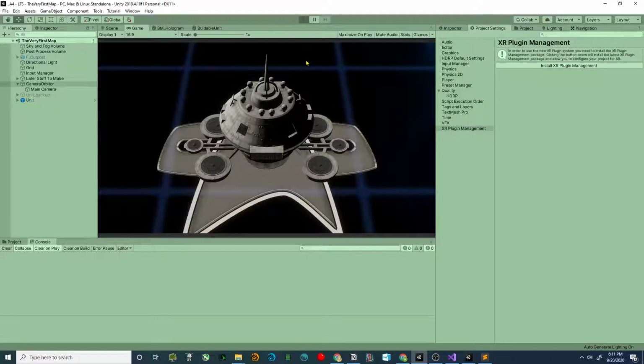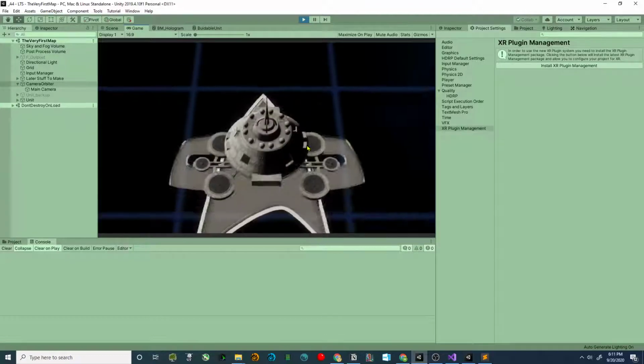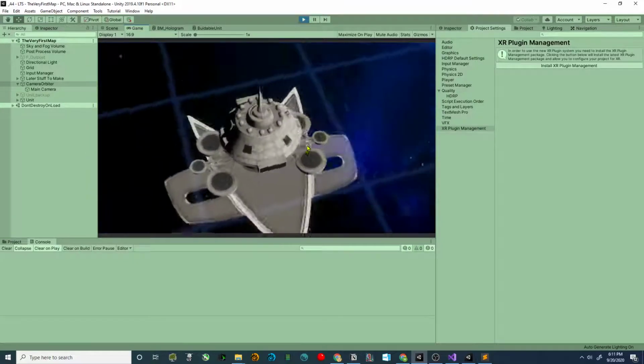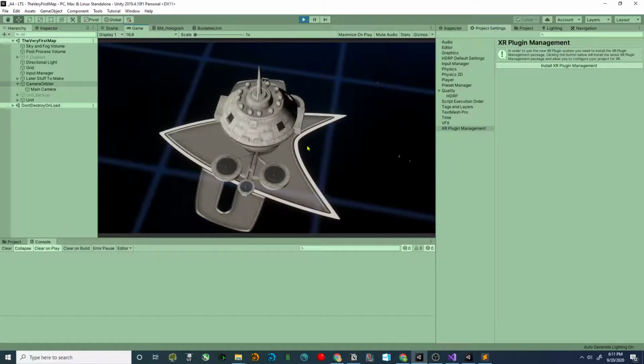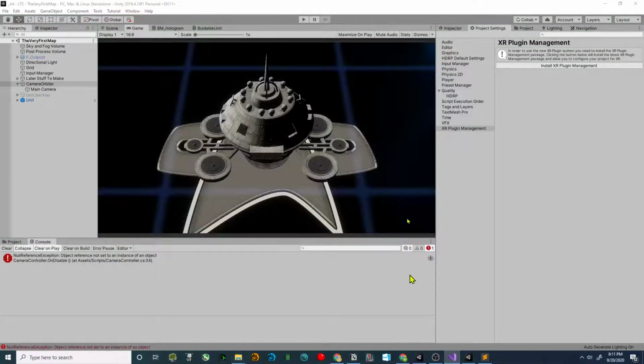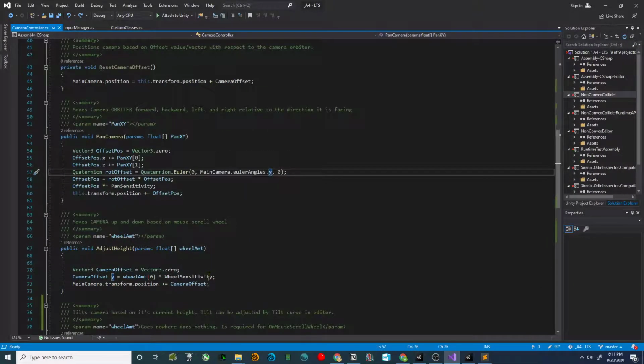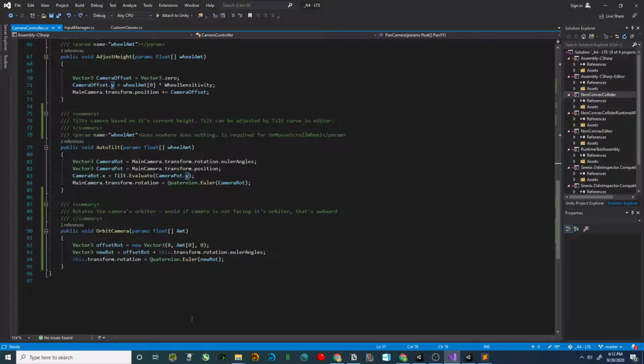But okay, now check this out. We can pan normally now, but if I press Q, we'll go this way. Press W, go that way. Now I actually like the opposite to happen, so I'm going to go into the code here, go down to our orbit camera, and have it be the negative amount, and that will flip things to be more conceptually